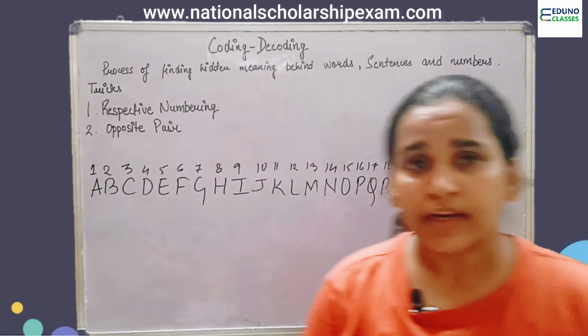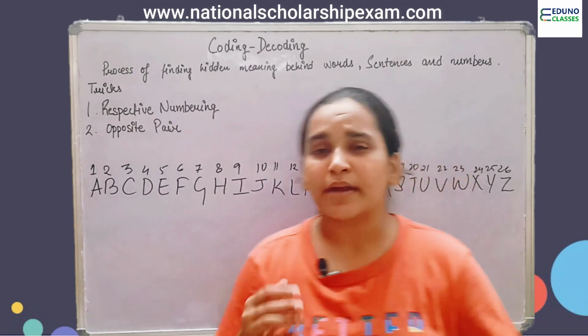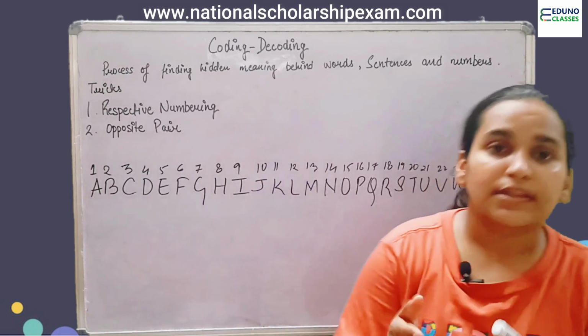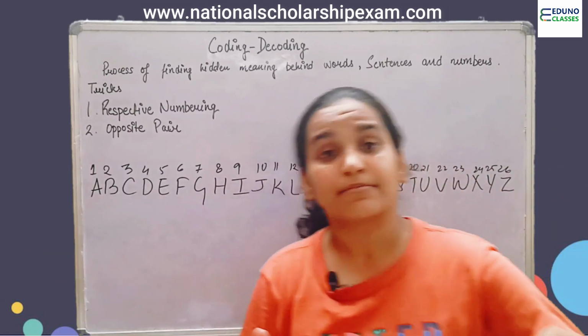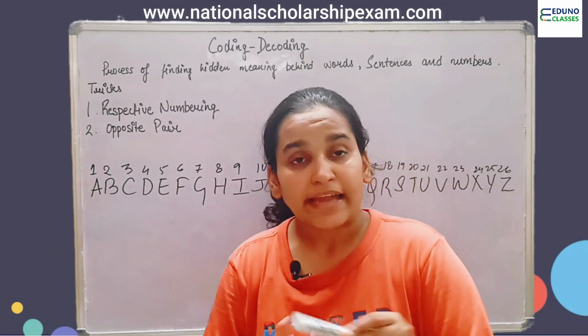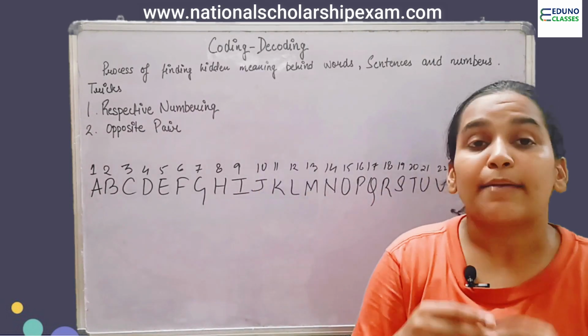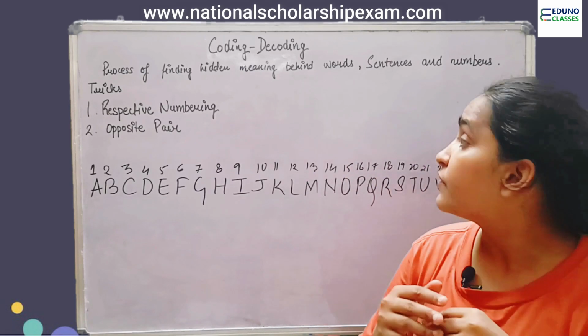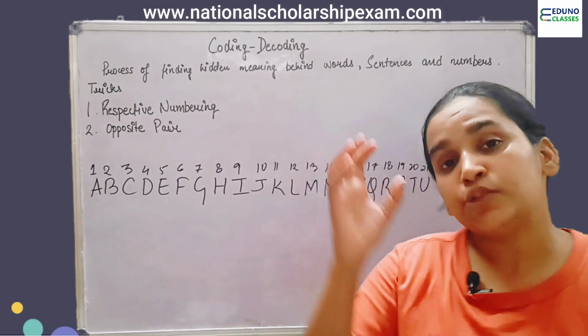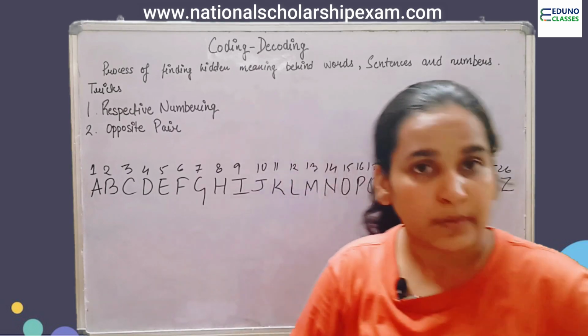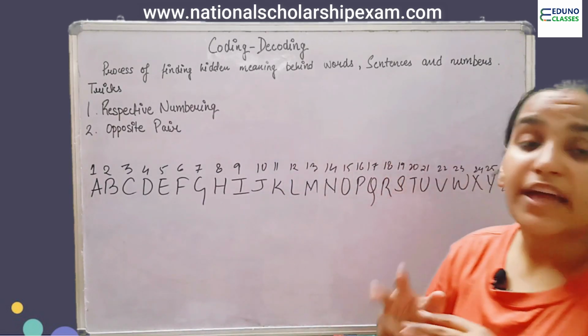What is coding decoding? Let us understand it first. This could be understood by thief and police. What does the thief do? The thief codes the entire situation and steals it, and then the police come to rescue it, decode the entire problem and find the real culprit. So the examiner here is playing the role of thief. It will code something for you and then you will come to rescue it, decode it and find the solution to the problem. Okay, so there are two tricks.